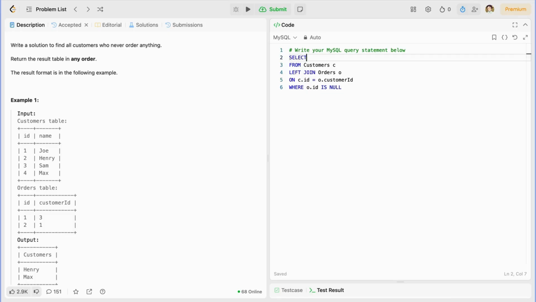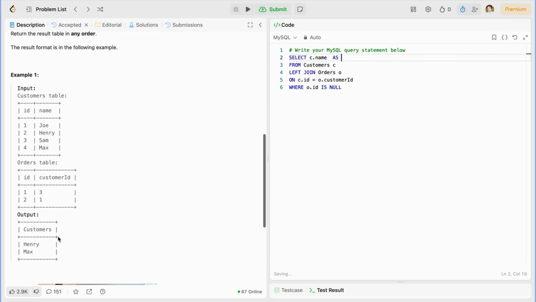I'm going to need their name, so I'm going to use the select. The name is present in the customers table, which is aliased as c, so c.name. In the output table it is named as customers, so I'm going to copy this and alias it as customers. All right, so let me run this code and see whether it passes all the test cases or not,